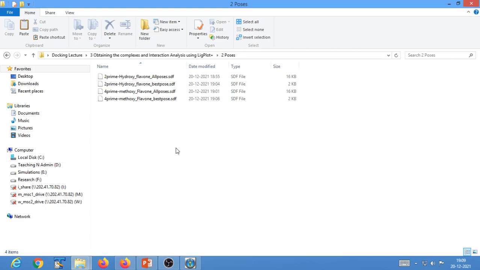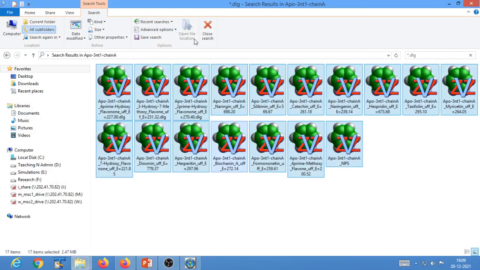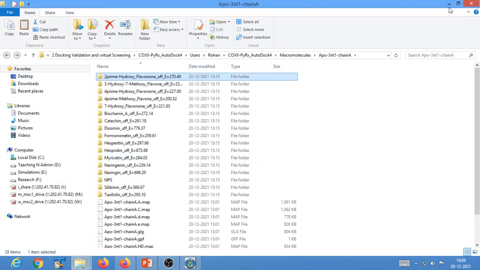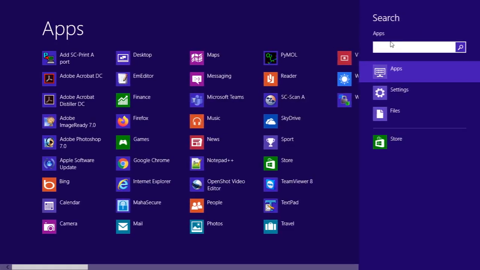Okay, now how do we do this? This is really very interesting. So our new objective now is to convert this best pose, which is present in SDF format, into PDB format. This format conversion is usually done using software called OpenBabel. I have already installed this